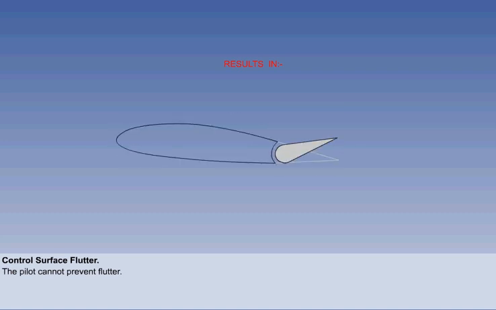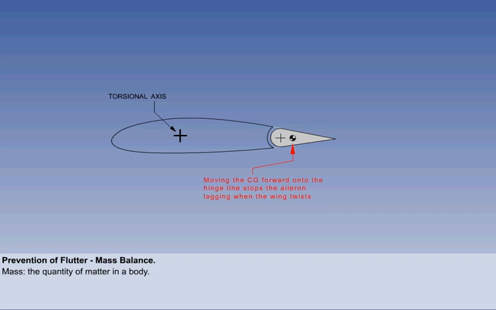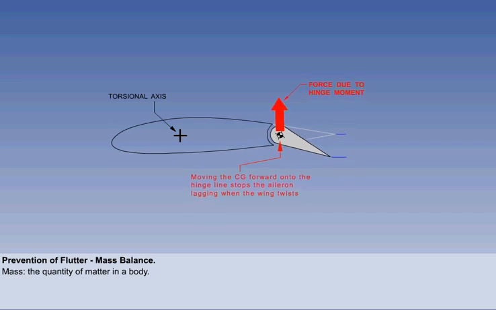Flutter must be prevented. The control surfaces themselves must have their mass redistributed to prevent them lagging when an input is made. This is called mass balance. To prevent flutter, the CG of the control surface is moved forward onto the hinge. You can see that the force on the hinge line still twists the aerofoil, but there is no increased control